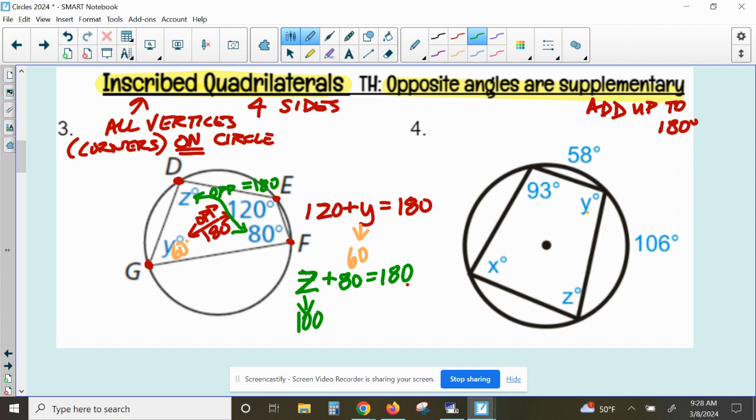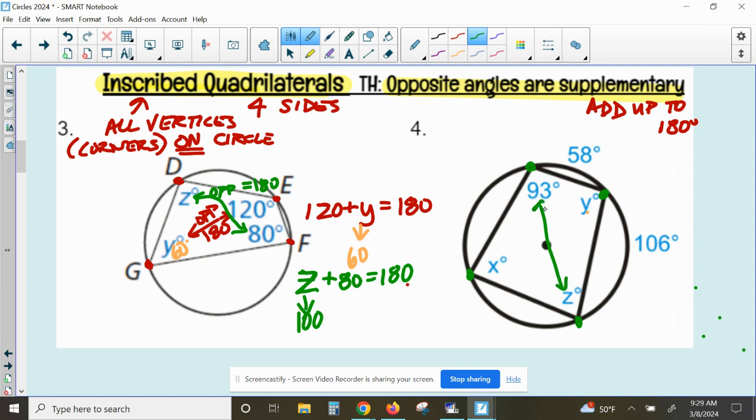Okay, let's try this one over here. Now, this one we might have to look at and see what we can figure out. So, number 4. Do we have an inscribed quadrilateral again? Corner, corner, corner, corner. So all 4 corners are on the circle. So that means opposite angles are going to be supplementary. So that means the 93